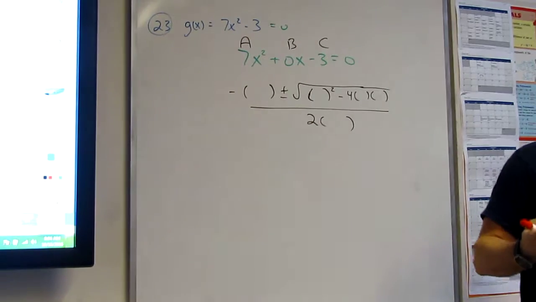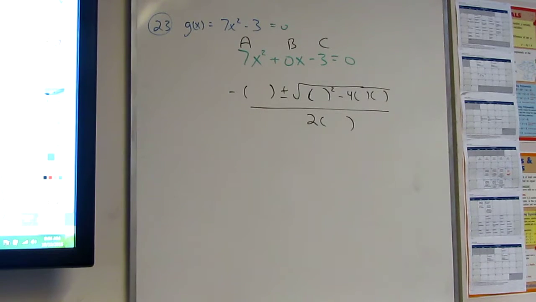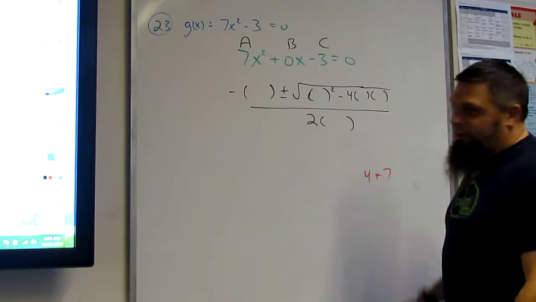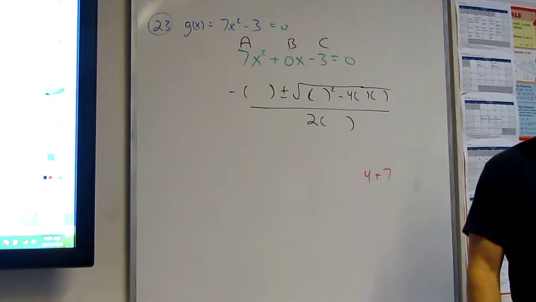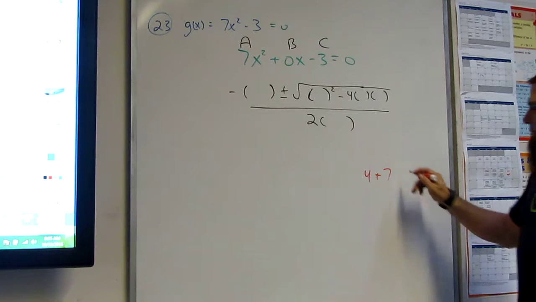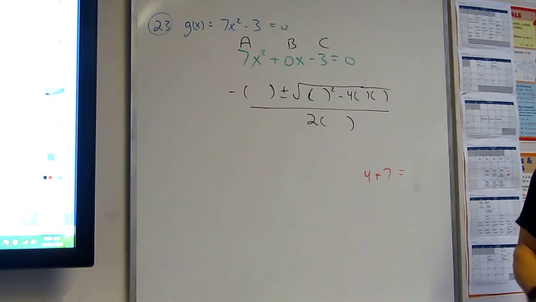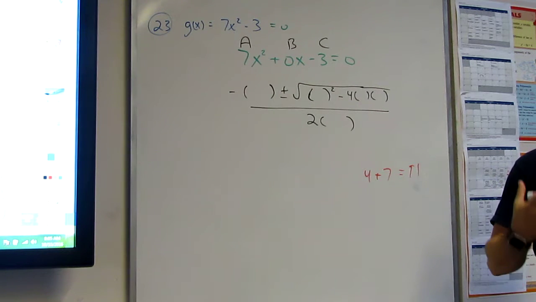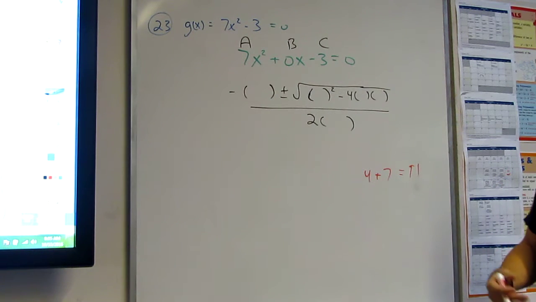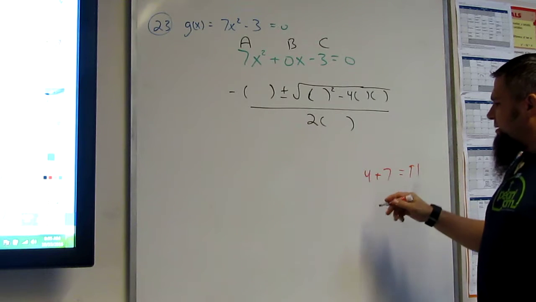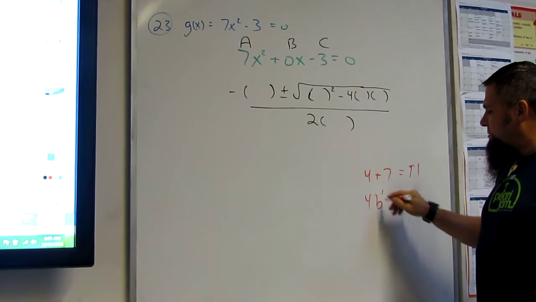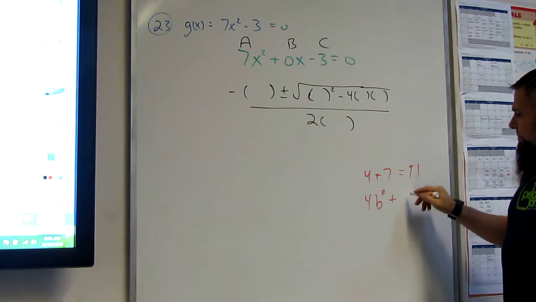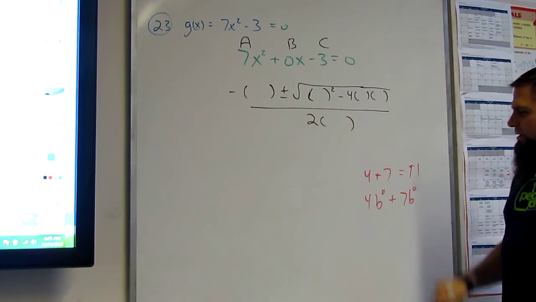It's just hidden. And what's funny is, all your lives, you were taught 4 plus 7, right? What is that? 11, right? But would you believe me that this was really 4b to the 0 plus 7b to the 0, or